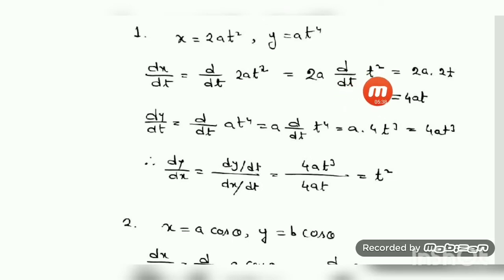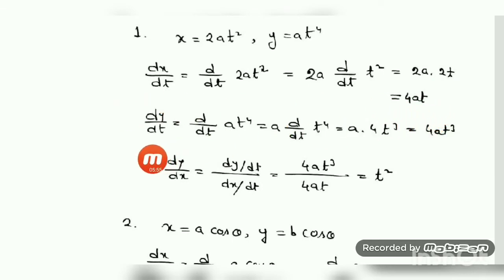This is t and it is also t. That means derivative of t with respect to t. The formula can be applied: d/dx of x to the power n, what is that? n x to the power n minus 1. So it will be 2 into t. And do the product, 2 into 4a into t. So this is the value of dx/dt.